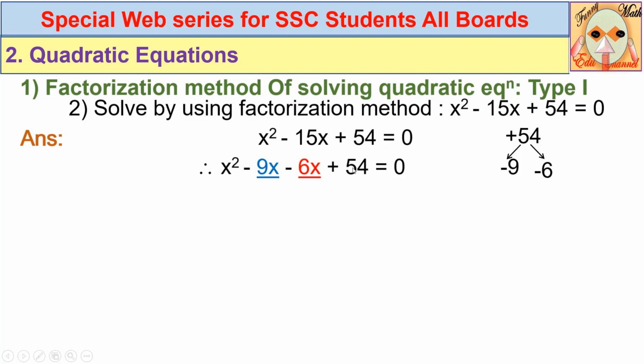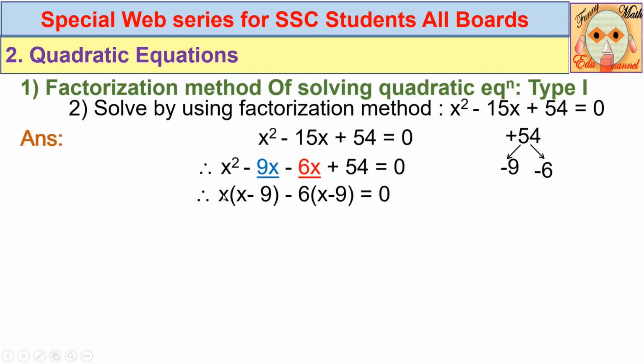Now there are four terms. You have to take the common factor between the first two terms and the last two terms. So let us take x common between the first two terms. So what happened? You get x into bracket x minus 9. Why minus 9 only? Because this x we have written outside the bracket, and here x into x, x square, x into minus 9, minus 9x. Now in the next, these two terms contain 6 common. So minus 6. This sign as it is you have to take, always keep in mind.